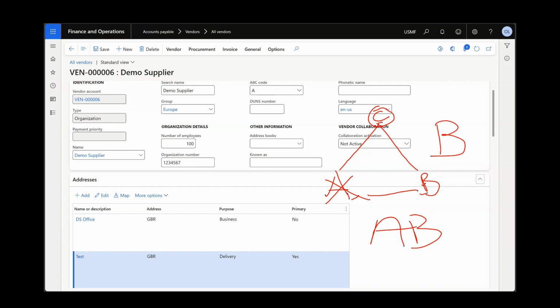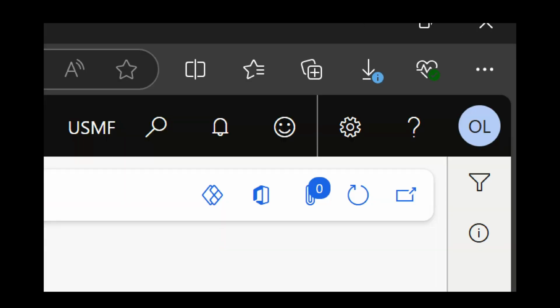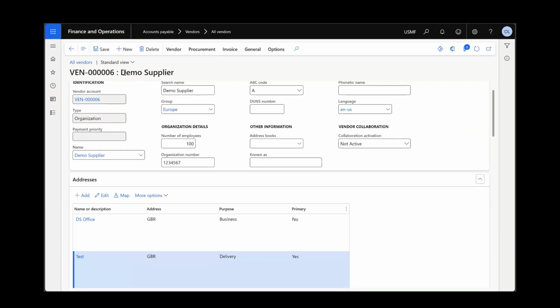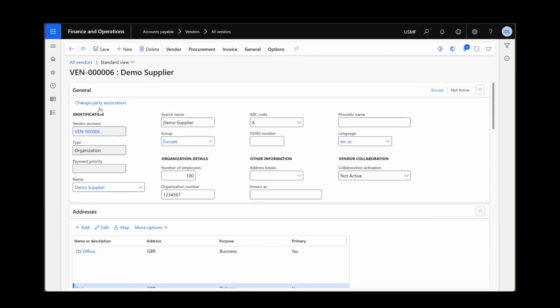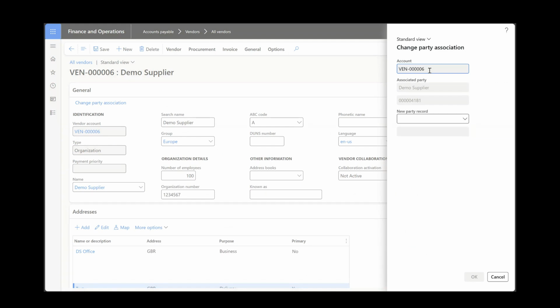That is when you use, sorry, that's when you now use your change party association. So let's test it out. Change party, vendor. This is the vendor you want to merge. Then you want to change the record